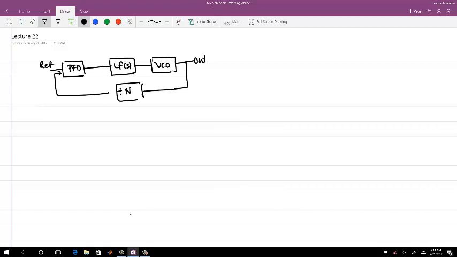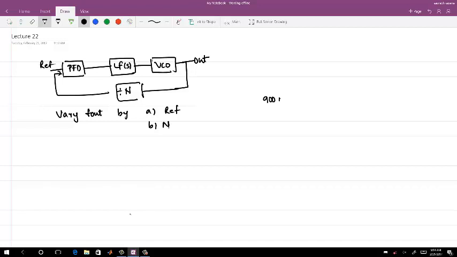So what all ways can you change F out? I can vary F out by either changing my reference frequency or changing my divider ratio. Right? Now, the question is, let's say I have a carrier, FC,